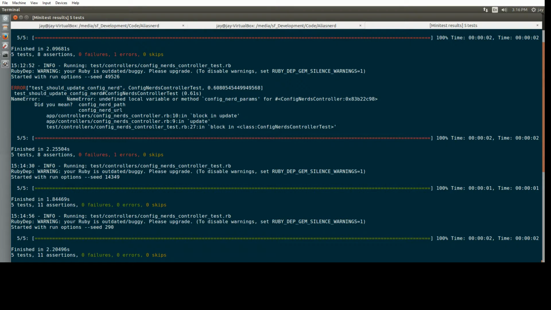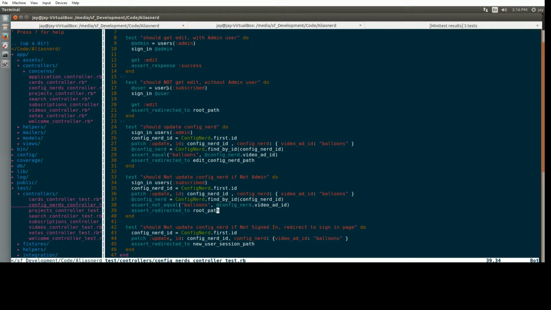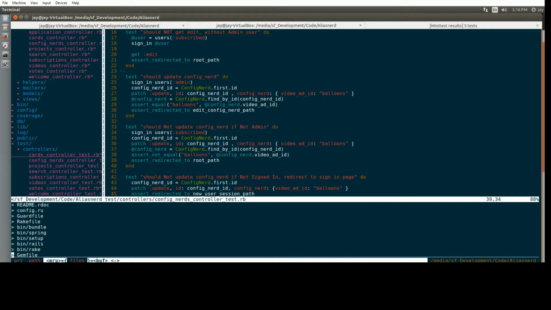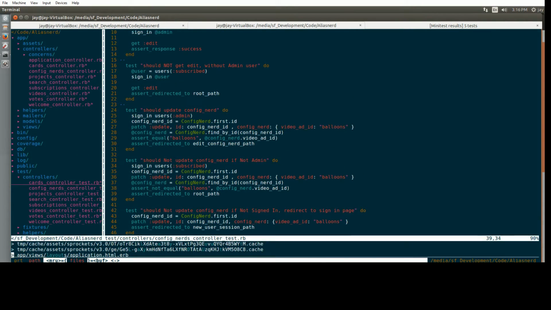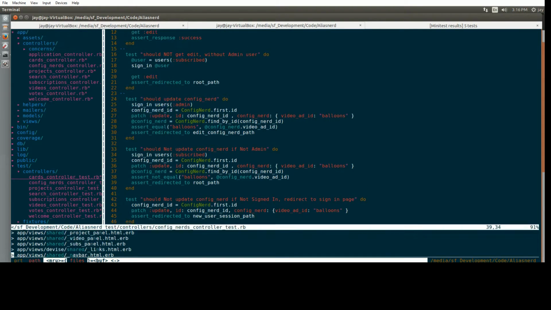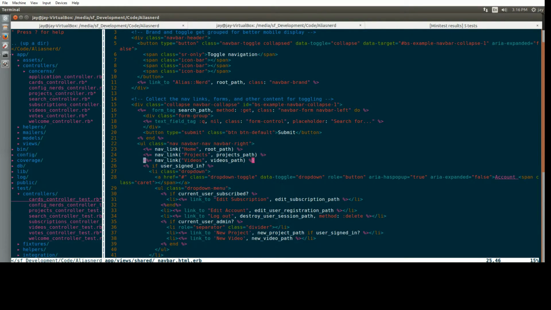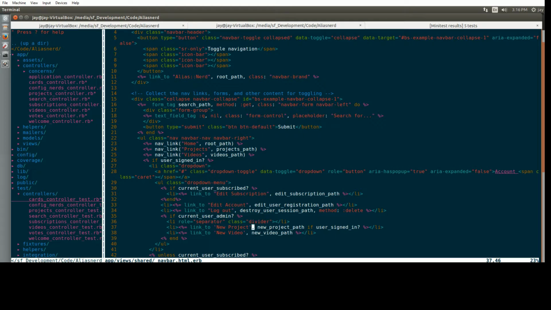So the only other thing we need to do here is have a way for us to access it from the website. So I'm going to go into the, I'm pretty sure I can just do the, oh, maybe it's in shared for nav, shared nav bar. And let's find the admin section. So here is the admin section. So we have new project, new video. And then I can just yank this and put it up here. And I'm going to link to an admin panel. And this will be, change this to,